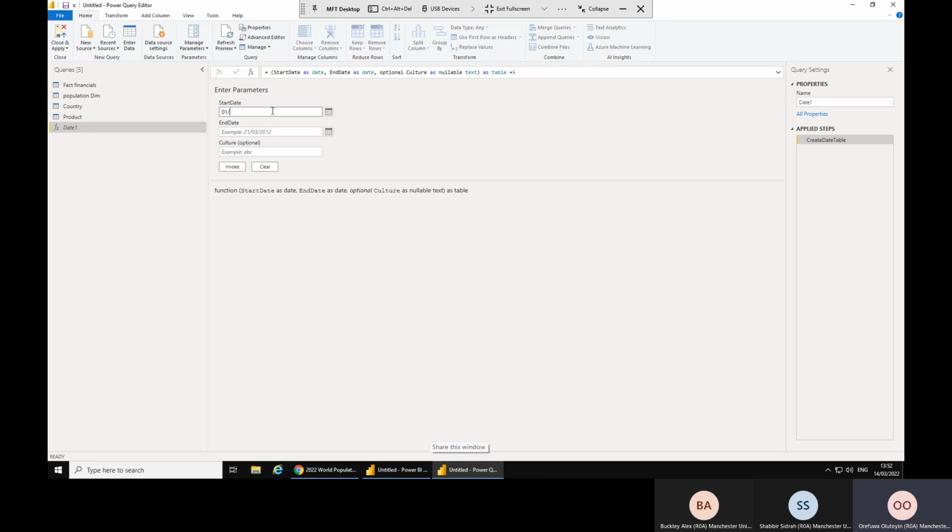So we go to our parameters: 01, 09, 2018, right? And then we go here: 01, 12, 2019. So that's the range of my data. If you have a fiscal year that starts in January or July, or whatever it is, in April for example, just put number 4 here. But we don't have that, so that's not necessary. So if you click on Invoke,